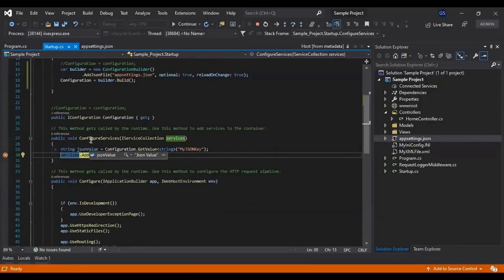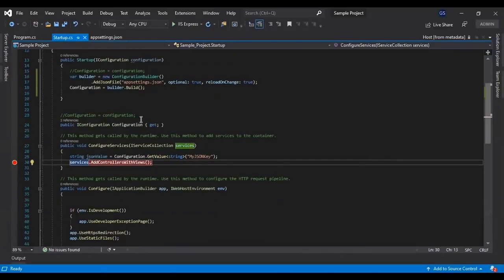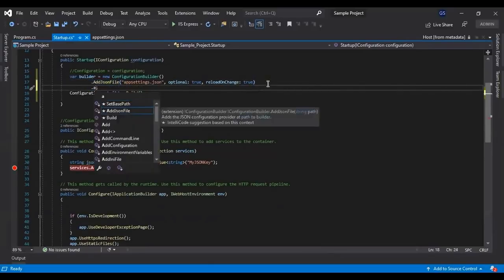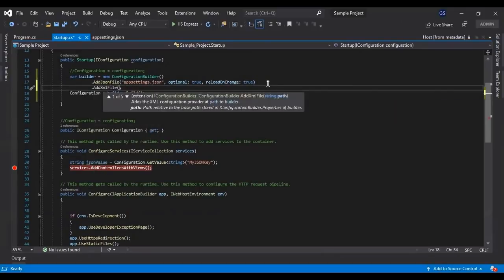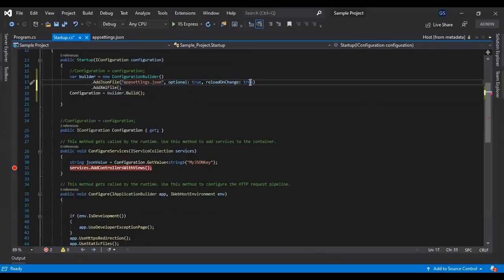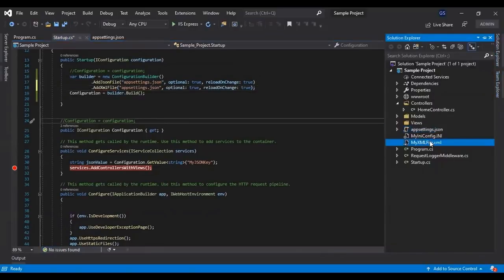So now let's see how to add an XML file into this configuration. Similar to the AddJsonFile extension method for JSON, we have an AddXmlFile method, and we give it the name of the file.